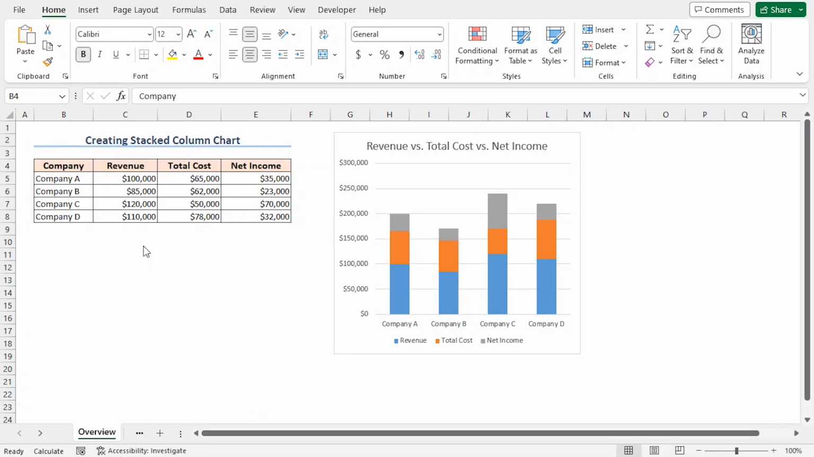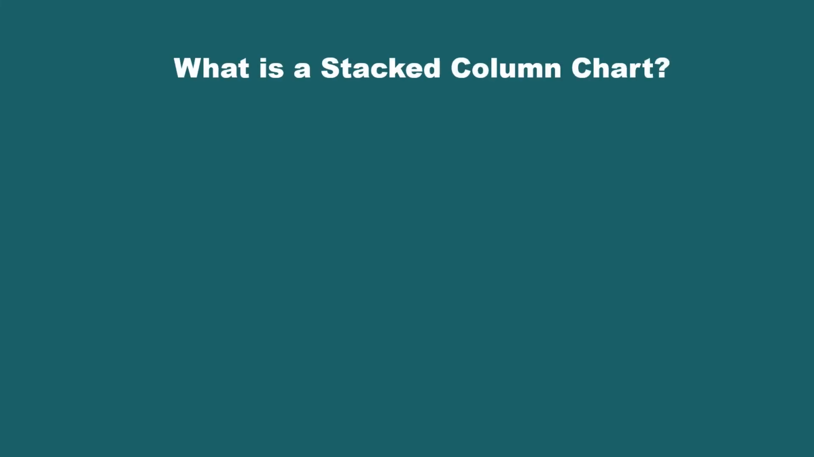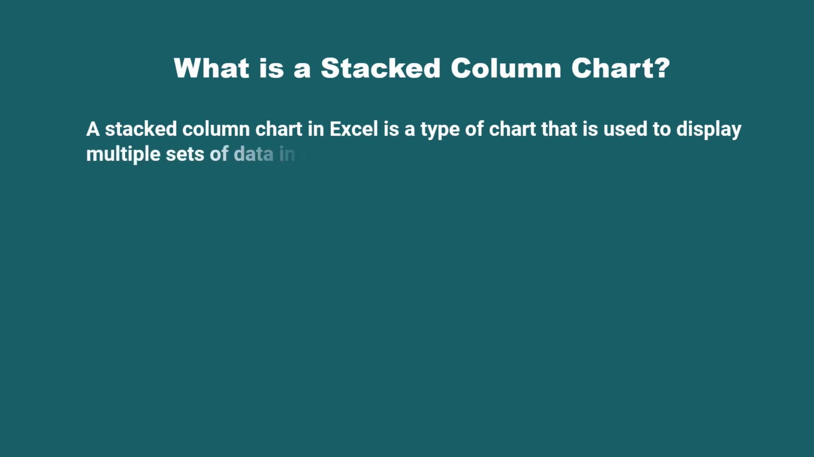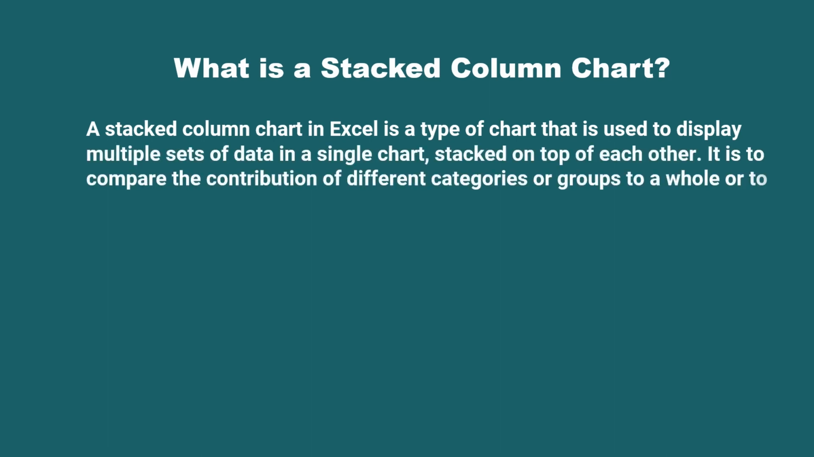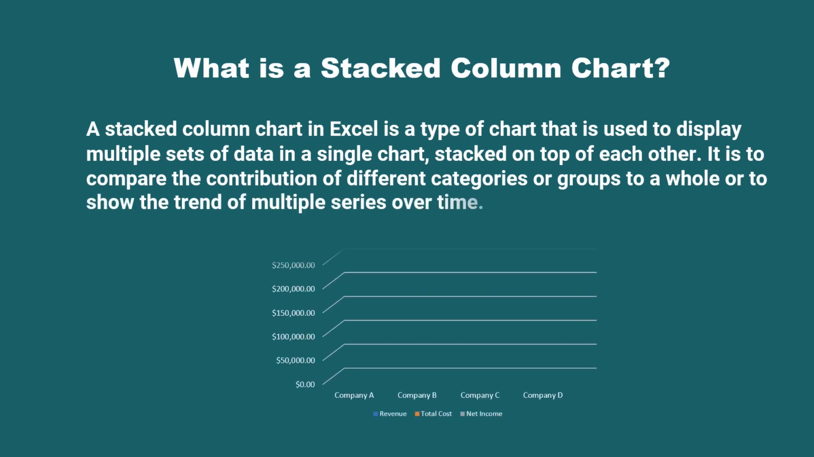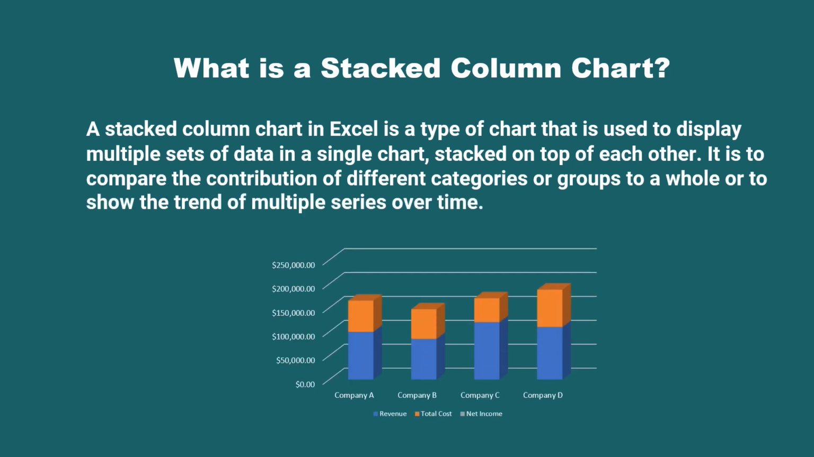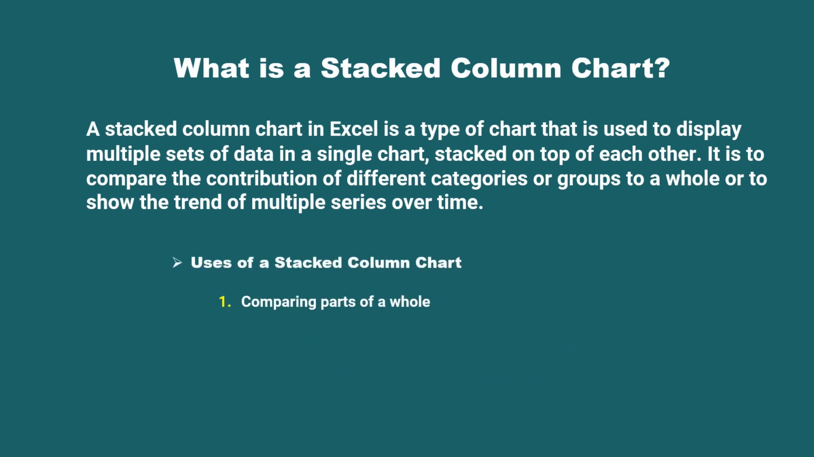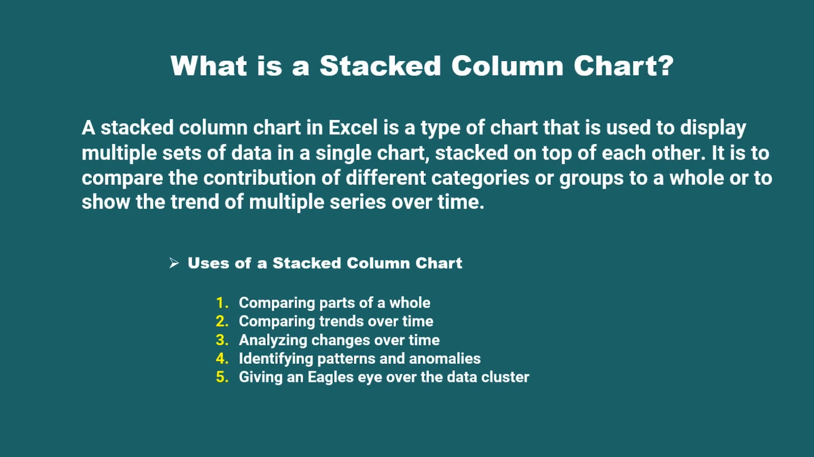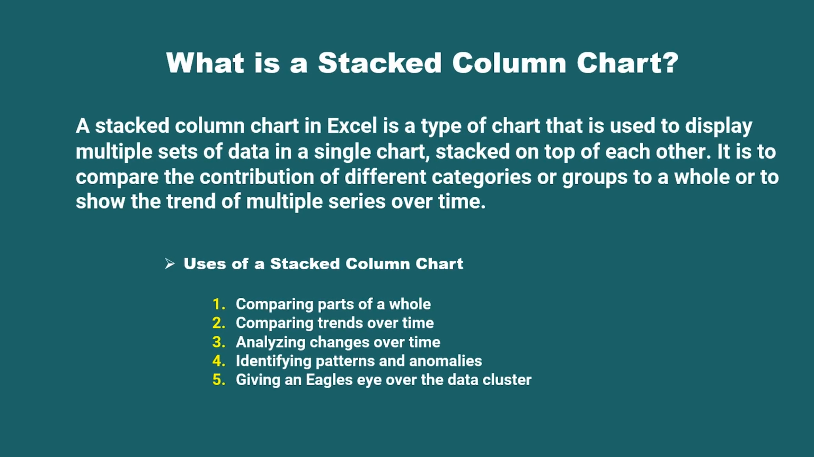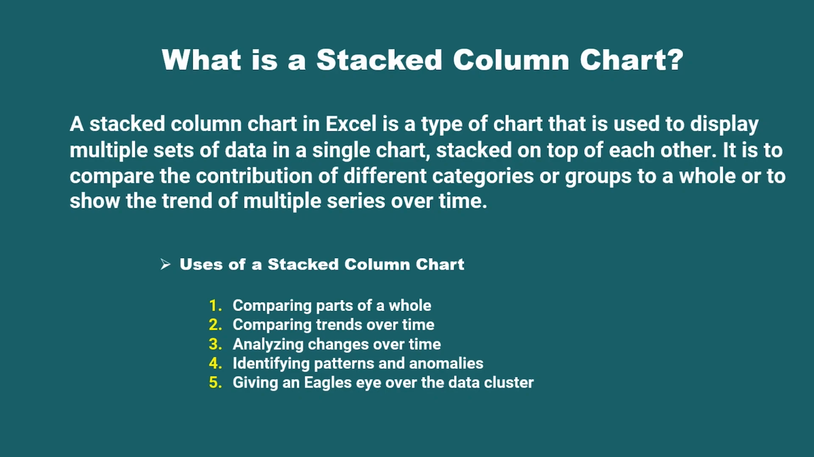For this tutorial, I'll be using Microsoft Excel 365. Let's quickly go through what is a stacked column chart. A stacked column chart displays multiple datasets stacked on top of one another. It compares the contribution of different categories as a whole or shows the trend of multiple series over time. Here are some of the use cases of stacked column charts. They can be used to compare the parts of a total, analyze trends over time, and lastly, identify patterns and